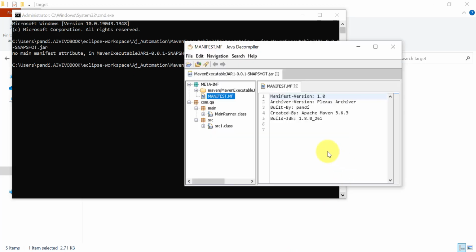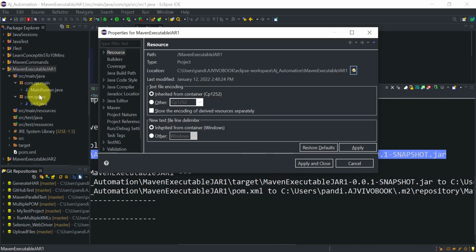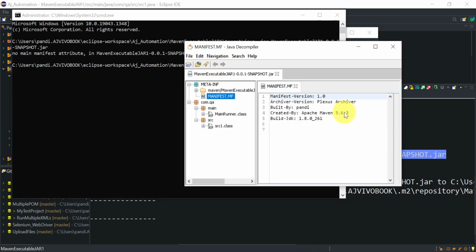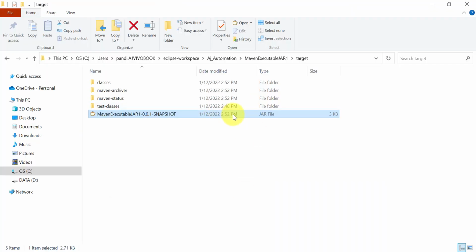There is no information about where exactly the main method is available. To run any Java application, you need to provide where your main method is available, because the main method is the entry point of your program, from where execution will start. But we have not provided any information where our main method is available. That means this jar file is not an executable jar file.